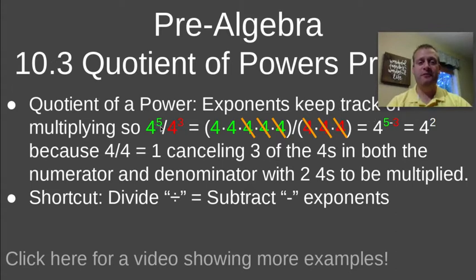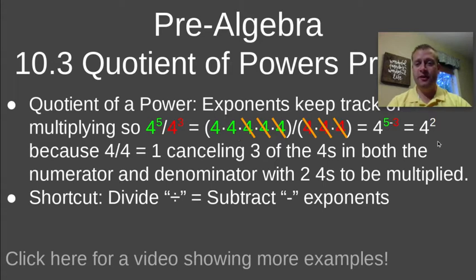So if we expand 4 to the fifth power, that means we have 4 times 4 times 4 times 4 times 4. And then 4 to the third power means we have 4 times 4 times 4. And now when we divide that, we've got 4 divided by 4, which is 1, 4 divided by 4, which is 1, 4 divided by 4, which is 1. So we're left over with just 4 times 4 times 1 times 1 times 1 over 1 times 1 times 1, which means that 3 of the 4s have essentially canceled out because of the division,